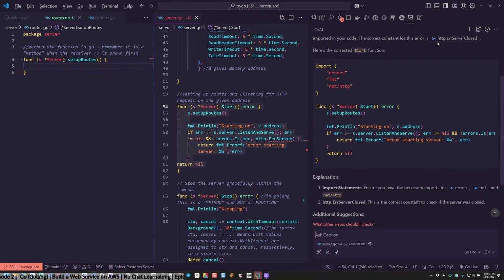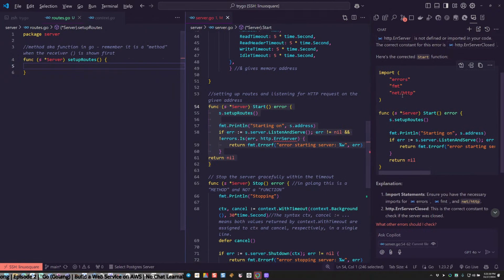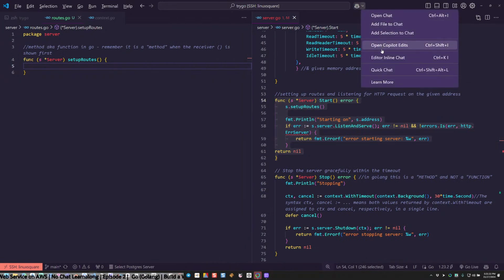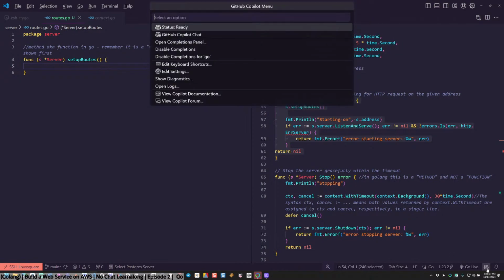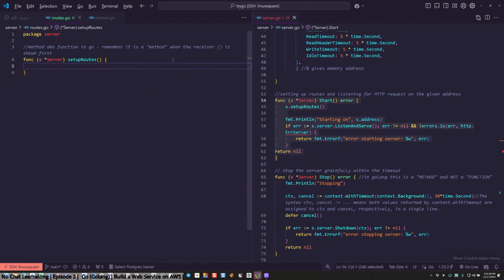That's why I don't like using Copilot. You're just doing way too much, brother. I didn't ask you to fix it. There's literally a button that says fix it or explain it. I pick explain it, and he's like, I'm gonna give you all this anyway. Hence, I think I'll just turn them off for now. Disable completions for Go. Okay. But I can still ask them stuff, I think.